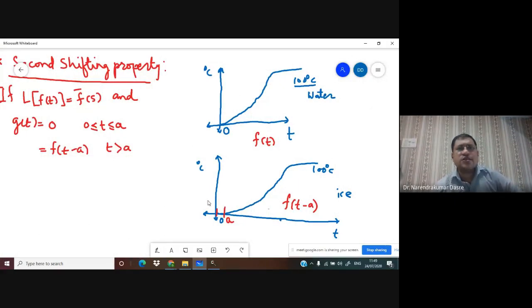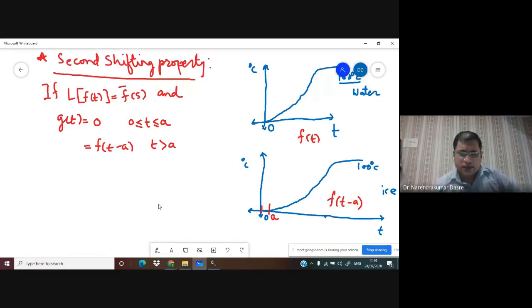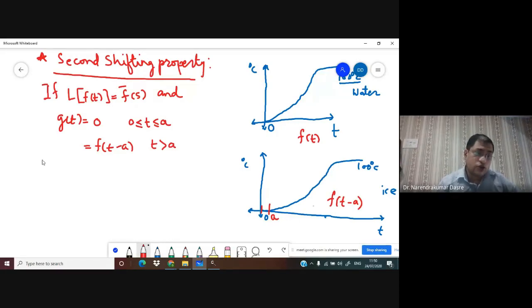This delay generating system has many industrial applications. Many processes have this delay itself. That's why this delay, the system generated delay, or this property of Laplace transform, is very important. Now if I have this delay generating system, then what will be the frequency response? We have to understand the frequency response.